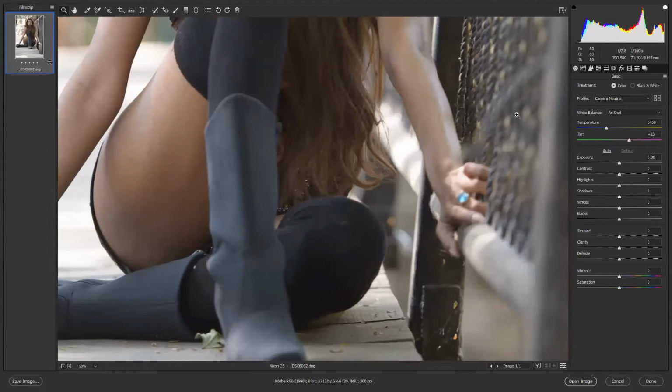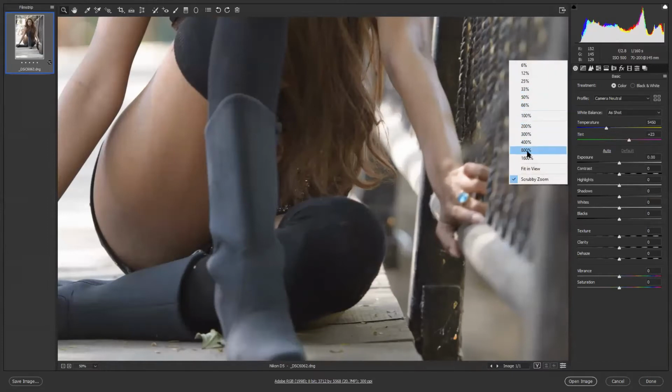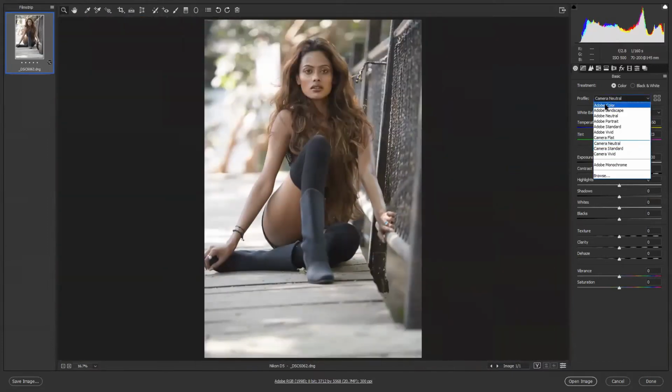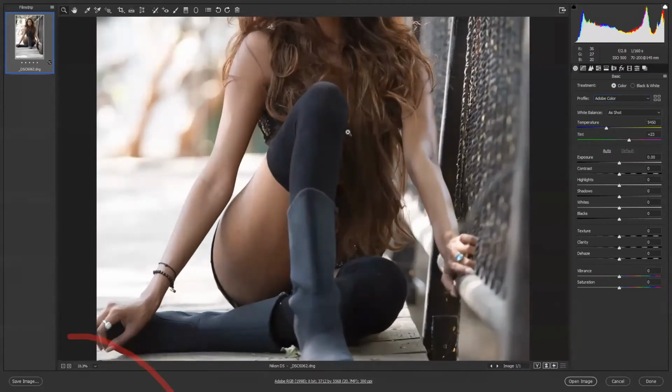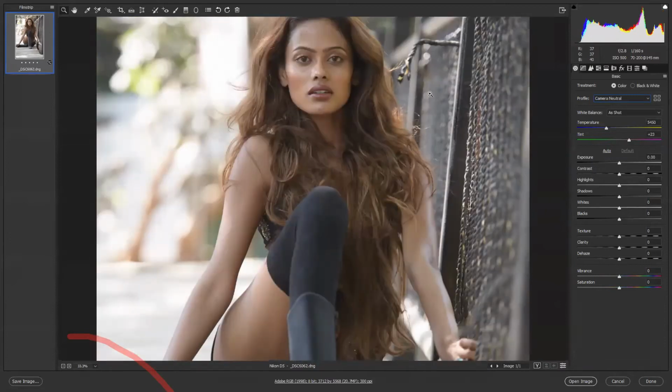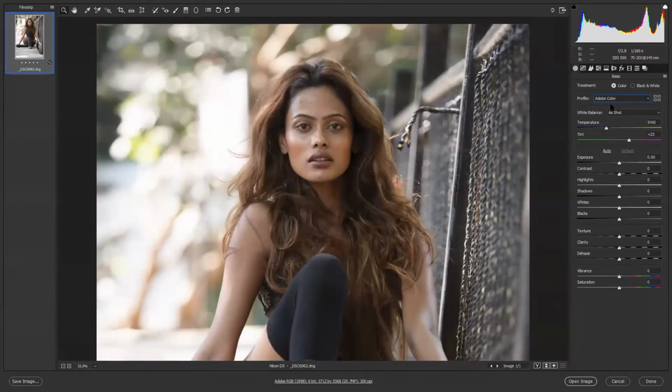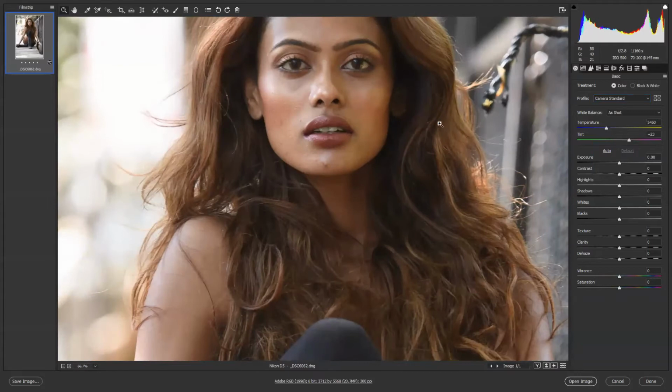So now we can see fit to screen. Basically, when it comes in Adobe color, now you can see the issues won't show. I've cleared the issues right now. So the profile comes in Adobe color. Whichever camera profile we are taking, we have to switch it to that. There will be a slight change in the color. See here, from here. Can you see the changes? There will be a slight change. Let me zoom it out. You will get a better idea.